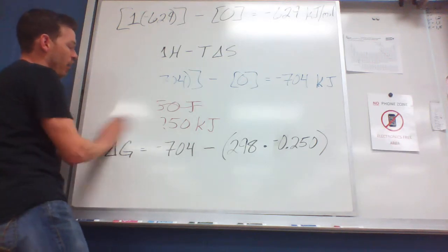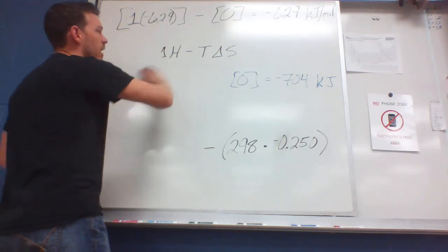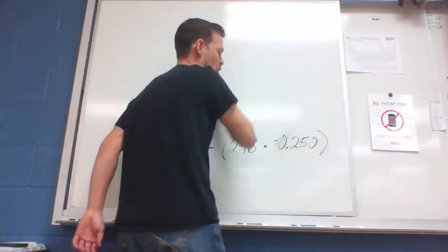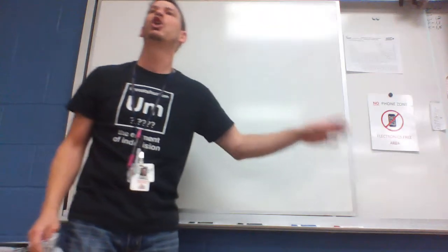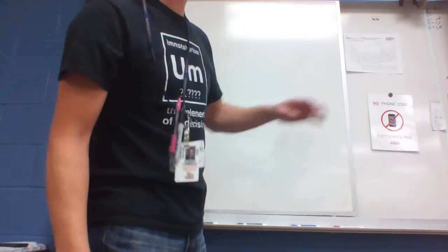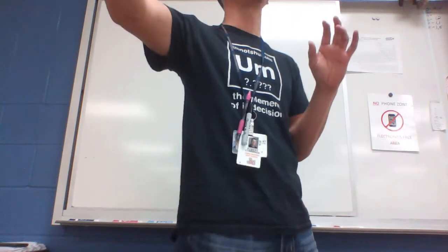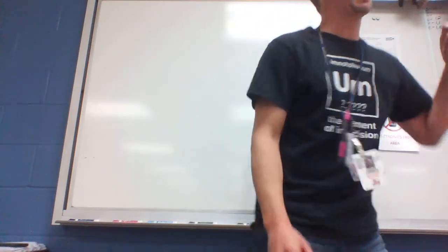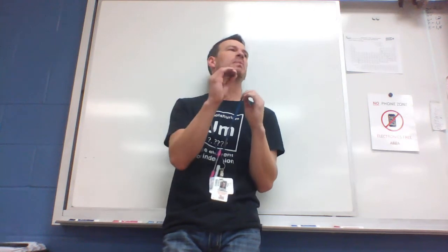So this next problem is a very common way that the AP likes to ask, because you have to really understand what you're talking about to draw a conclusion from your work. Look, it says calculate the temperature at which the reaction will become thermodynamically favored. So we're looking for a specific temperature, so we're going to use the Gibbs equation.